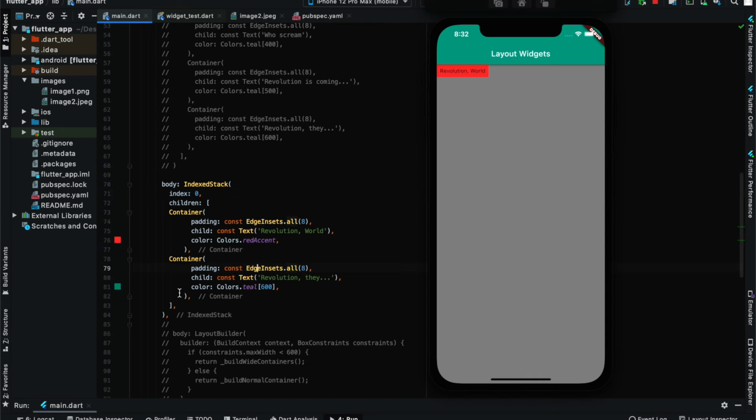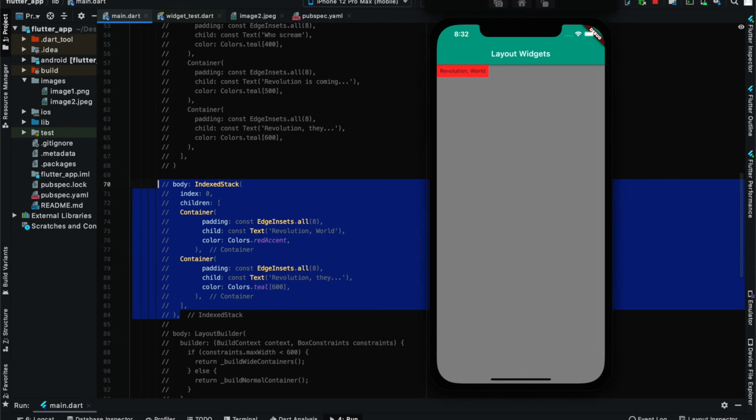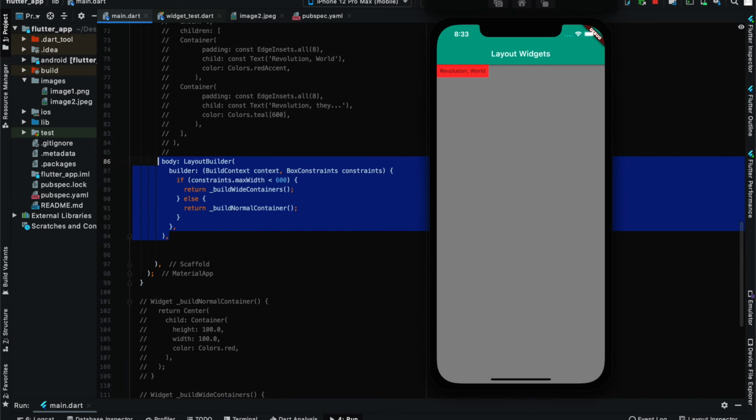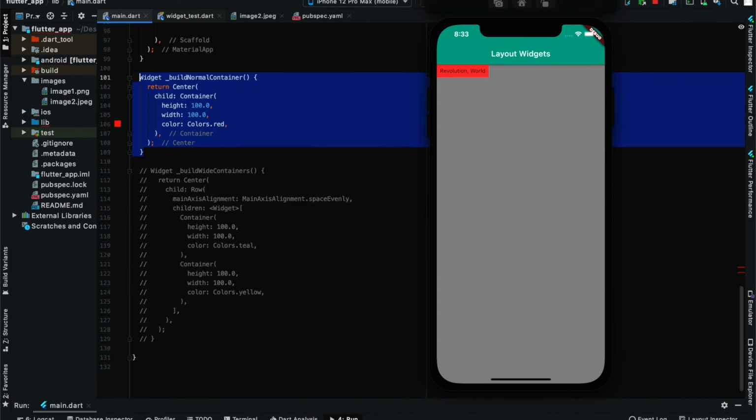Okay, so the next thing is your LayoutBuilder. LayoutBuilder basically builds a widget that can depend on its parent's widget or size. Suppose there will be some particular condition. As you know, if we use an if-else statement, if x is greater than 10, then do this. If x is less than 10, then do this. So here also we do the same thing. I created these things. I'll explain it to you.